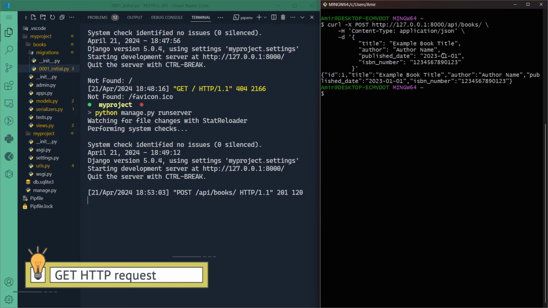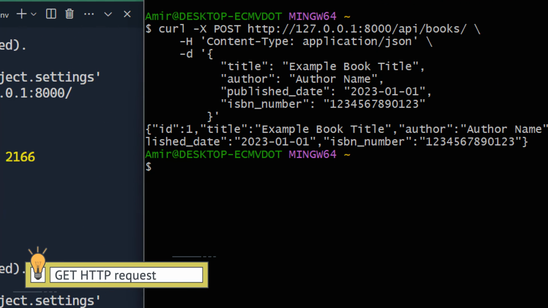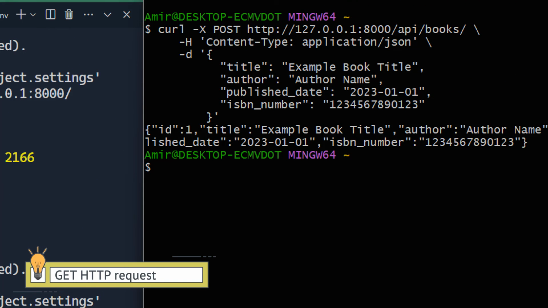Also, we can read from the records that we have. So we have created a RESTful API represented in that ID, title, author, the published date, and the ISBN number. So all of the interaction between the client and the server, this is the RESTful API. This is what you're doing. All of those requests, the get, post, put, and delete, and there are more than those, but those four are